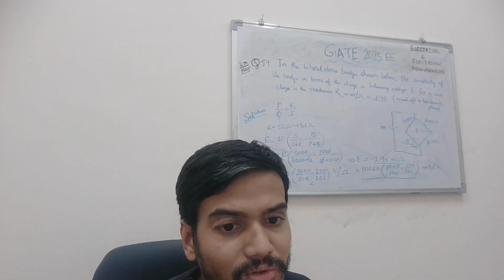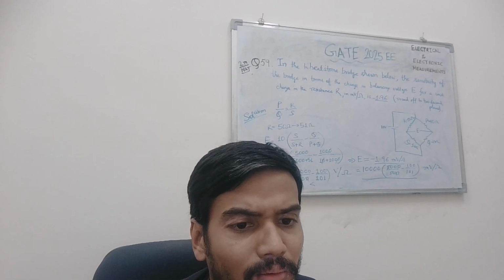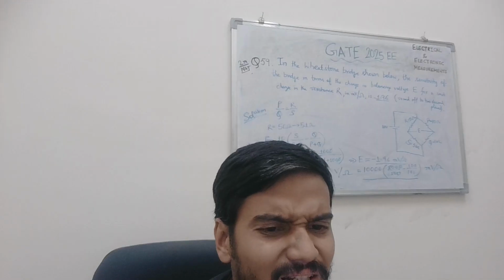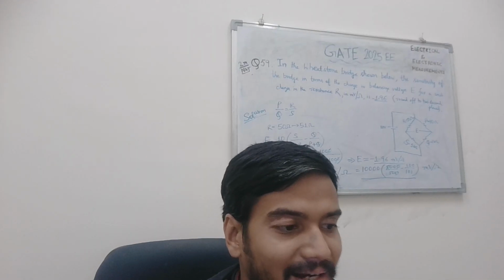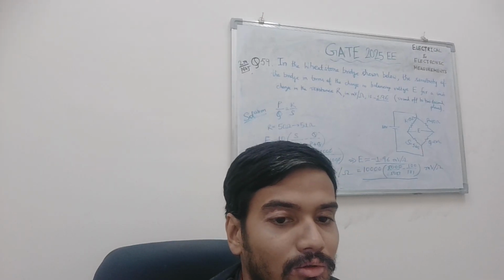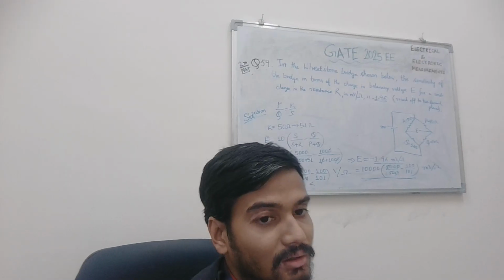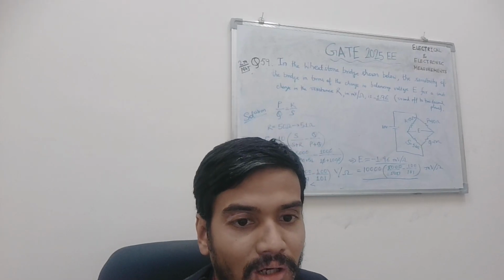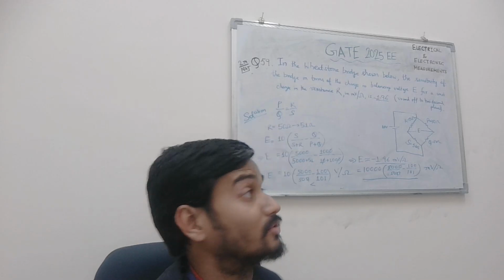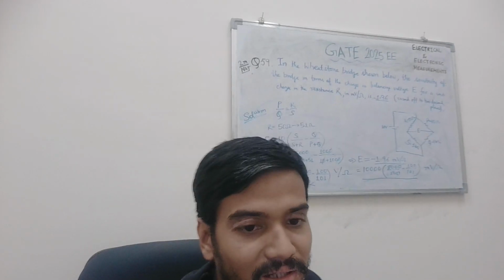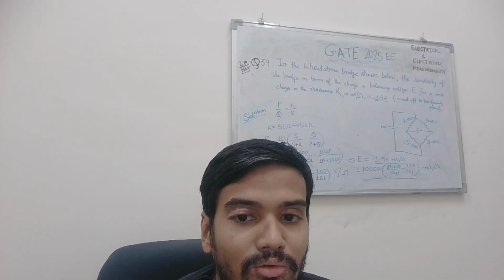In the master question answer key, it is given that both positive and negative values are considered, as for sensitivity the magnitude is also taken generally. So it can be both minus 1.96 or 1.96. So I hope the solution is clear and comprehensible. We have followed this approach. There is nothing difficult. So that's all for the solution to this question.